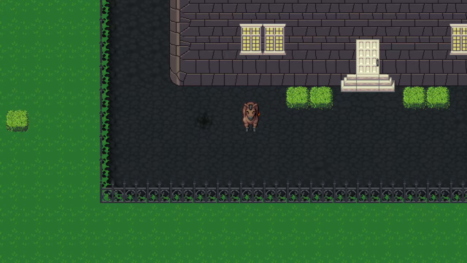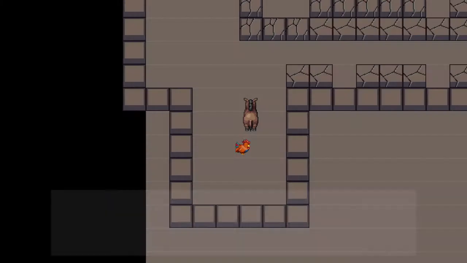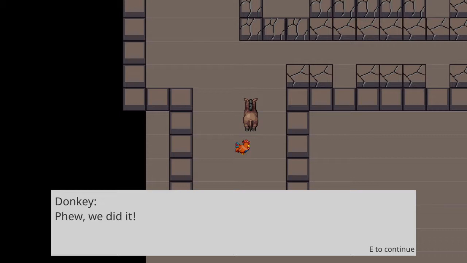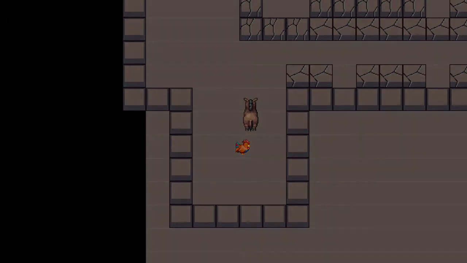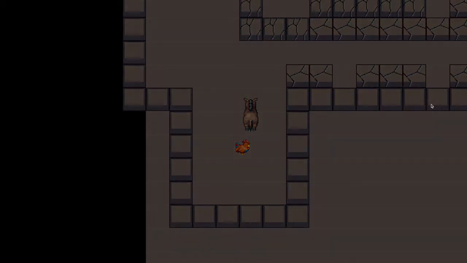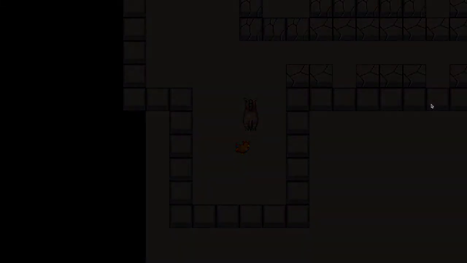Hang on, looks that way. Oh, so maybe not. Yes. Oh, we did it. Okay. So we get our house back, but we don't get to reunite with our... So yeah, uh-oh, we're doing another of these fades. Yeah. So there are some alternative endings depending on the order in which you do things, which is excellent.